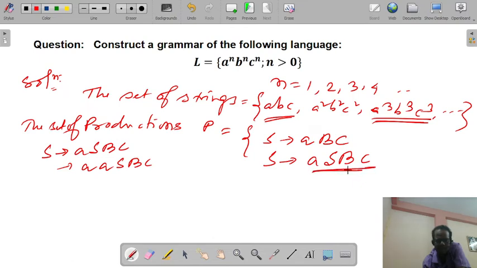So aSBC and then BC as it is. Now for a^n, b^n and c^n, in that case the S needs to be substituted by abc. So aa, then a, BC, BC, BC.